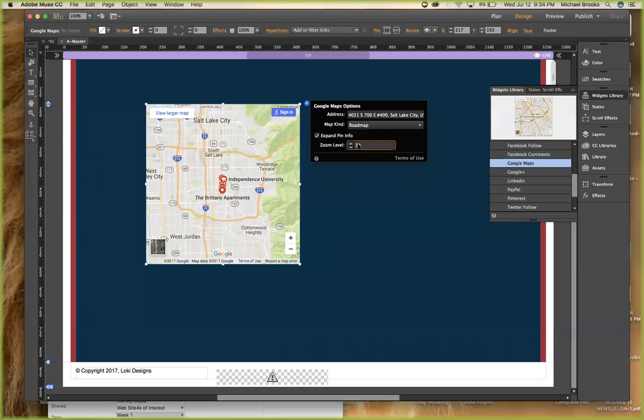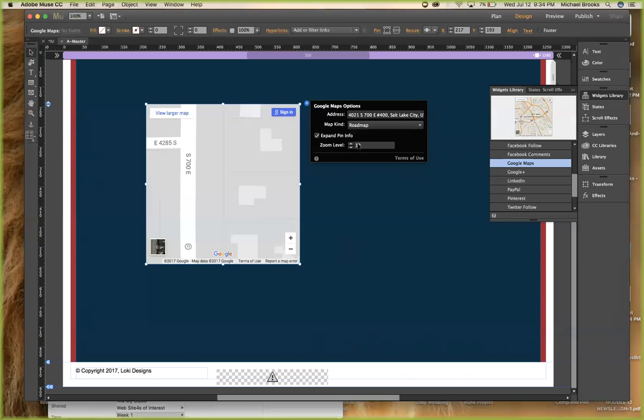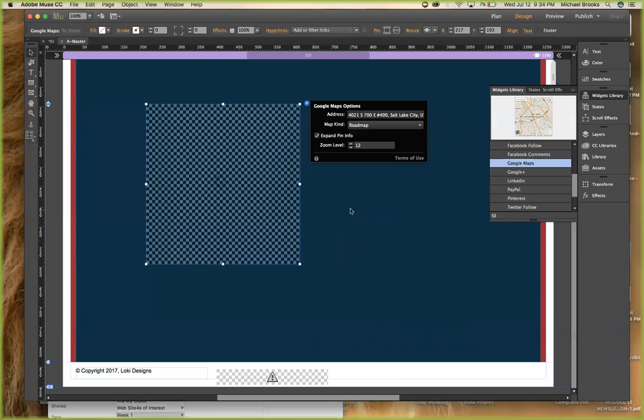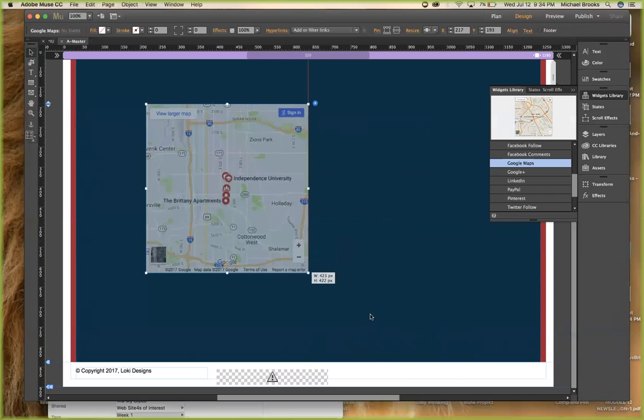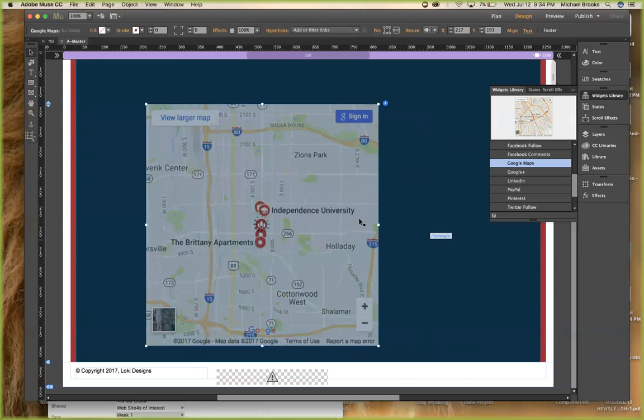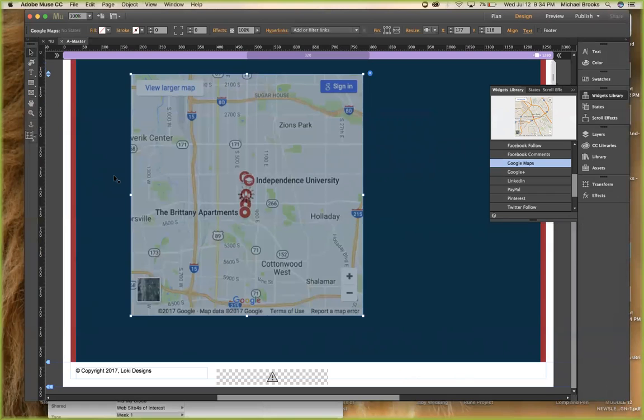Let's put 30. So it starts closer in. So we're going to go to 12. You could adjust this. Make it the size you need it. All right, now,